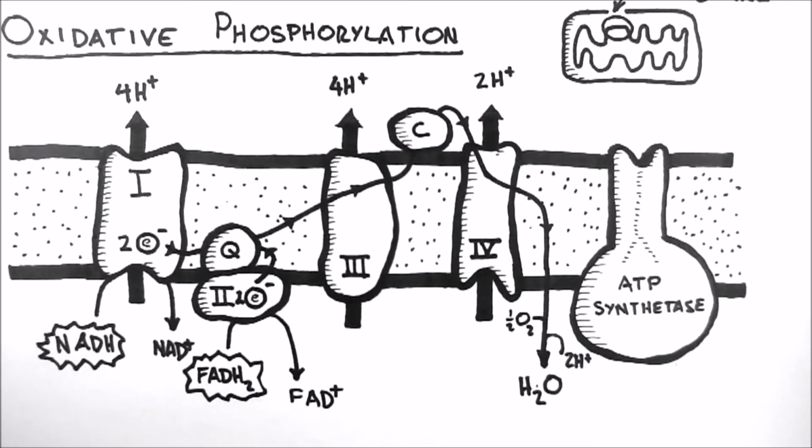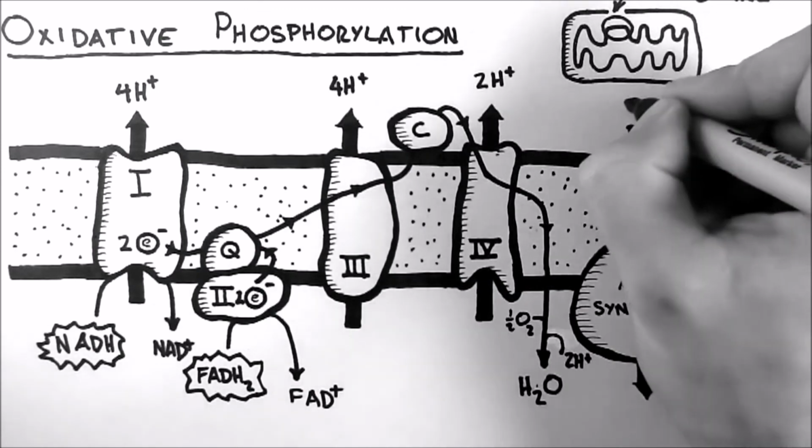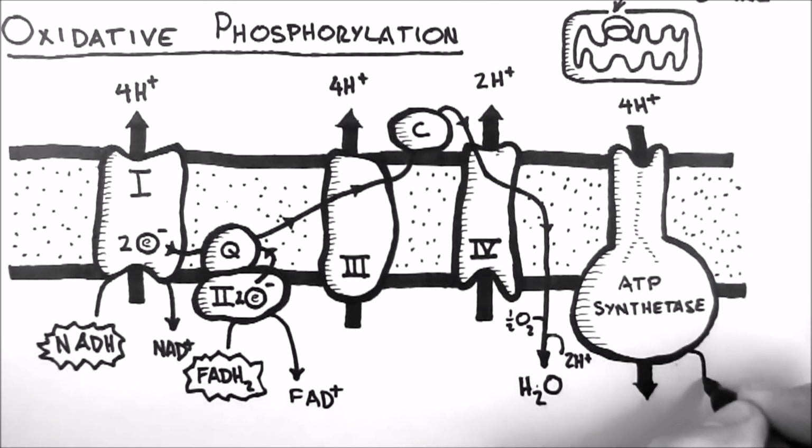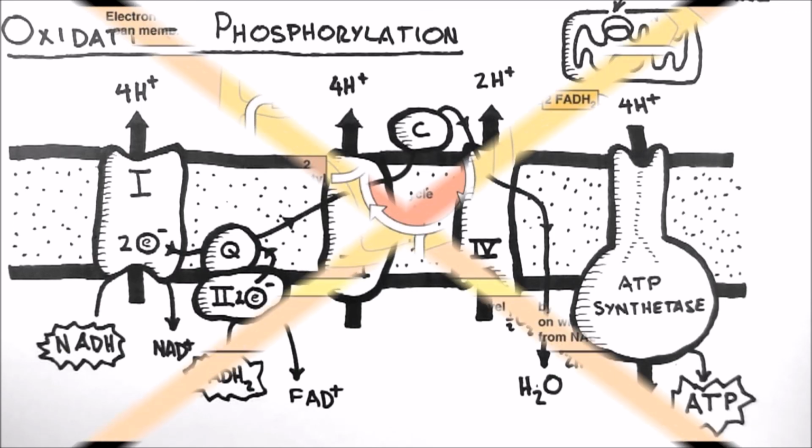Finally, these protons then flow back down their electrochemical gradient through the ATP synthetase. For every 4 protons that flow through the ATP synthetase, a single ATP is produced. I should just say that different textbooks will quote different numbers here. I've quoted the number from Lehninger's Principles of Biochemistry, 5th edition. So if you do the math, it turns out that one NADH will produce 2.5 ATP, and one FADH2 will produce 1.5